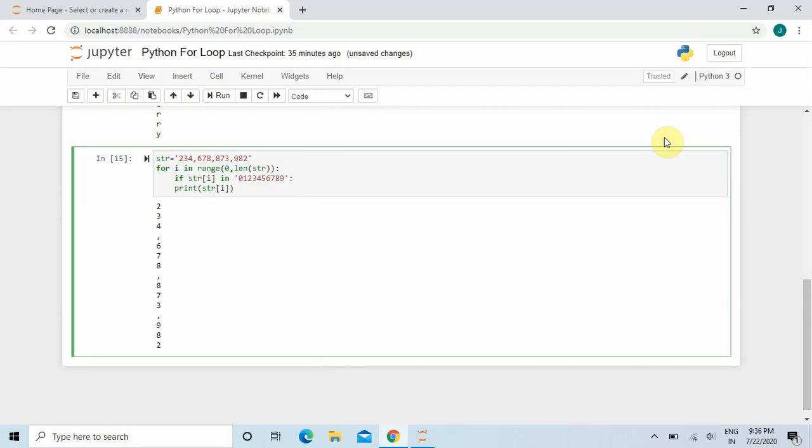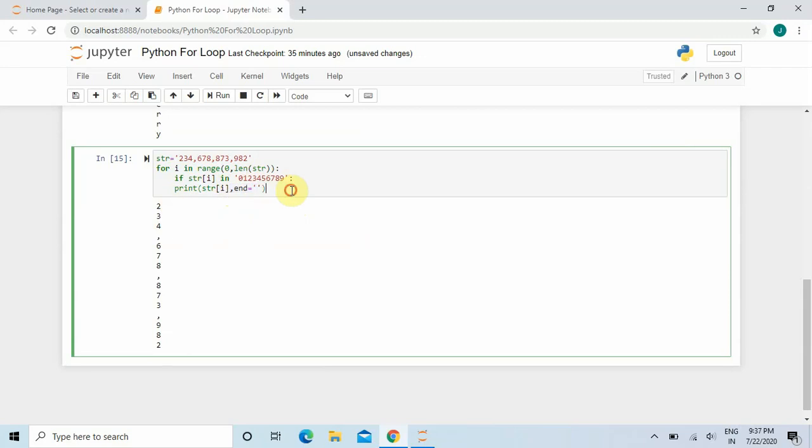Then I am printing the str, and in order to prevent the cursor from going to the next line, I am adding the end function, end is equal to.